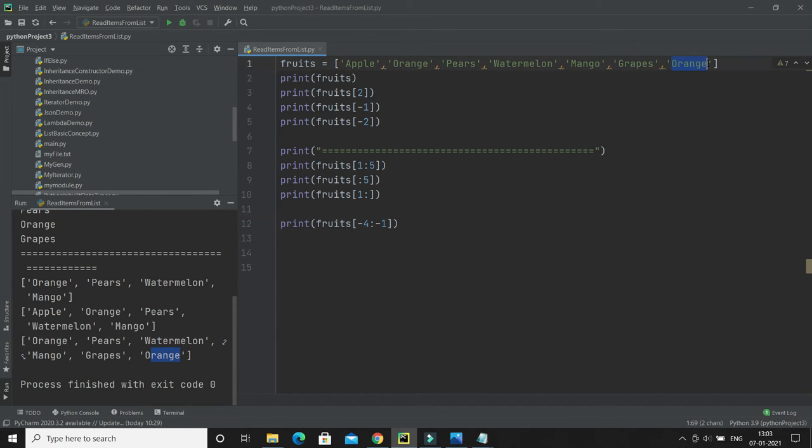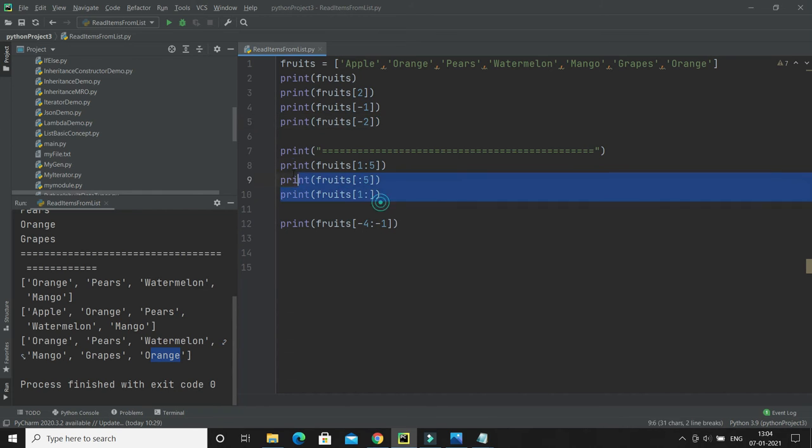So minus 1 is the last index, then minus 2, minus 3, and minus 4. Minus 4 is watermelon. So it will start from watermelon till grapes, because the last index is exclusive, not inclusive, right? So let me show you.